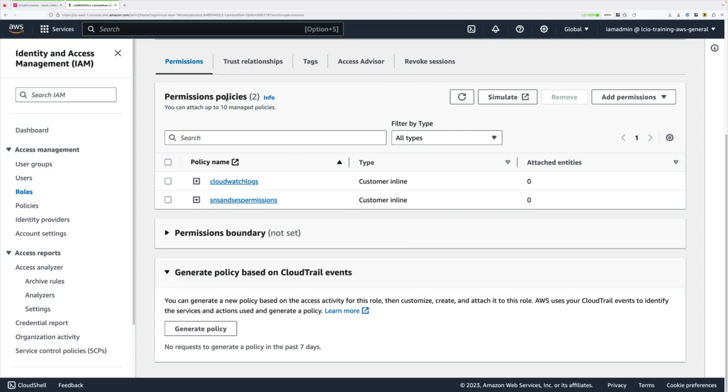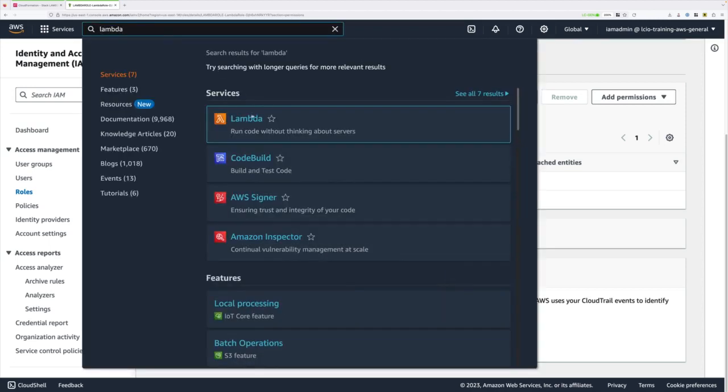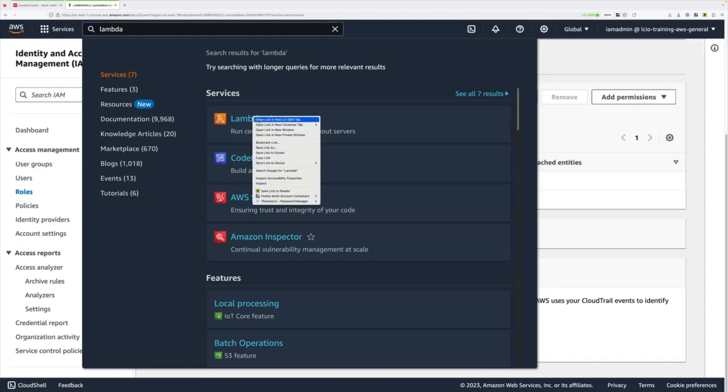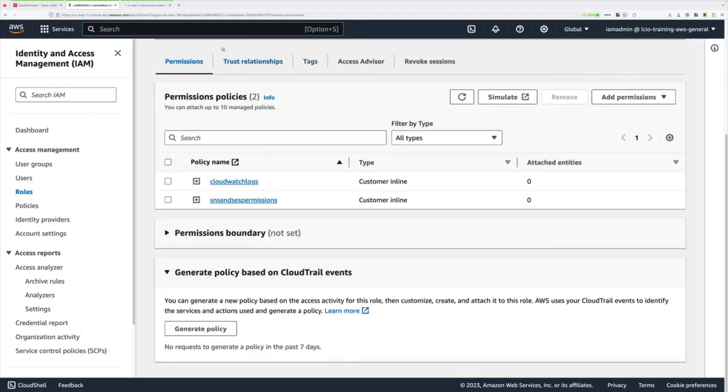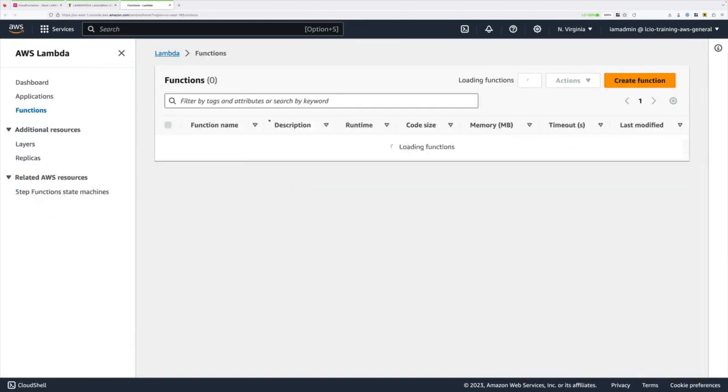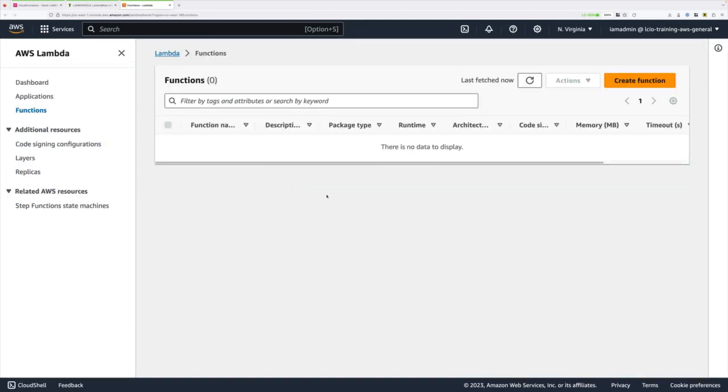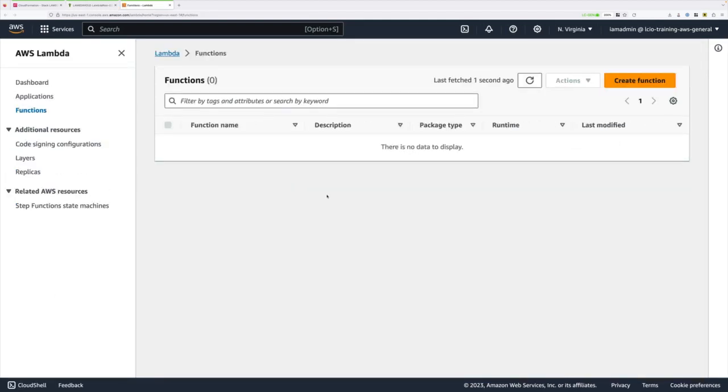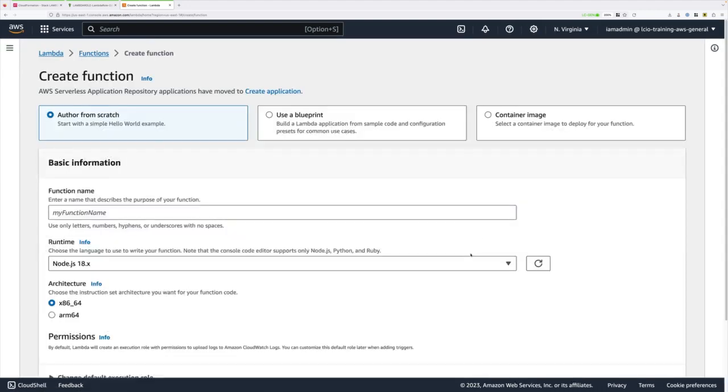Now that we've configured the role, the next step is to create the Lambda function itself. So click on Services and type Lambda into the Find Services box to move across to the Lambda console. Once we're in the Lambda console, we need to create the Email Reminder Lambda function. So go ahead and click on Create Function. We'll be authoring the function from scratch. The name of the function will be